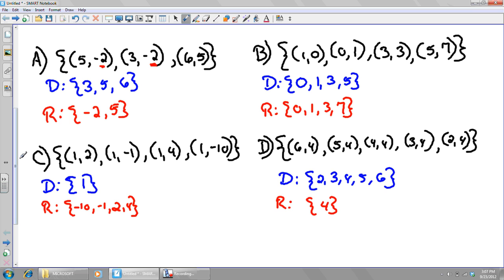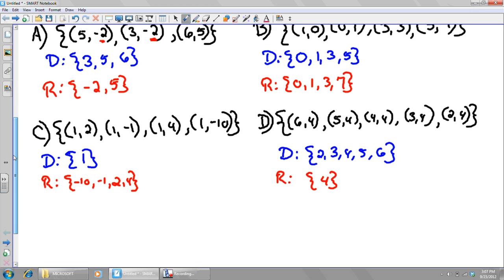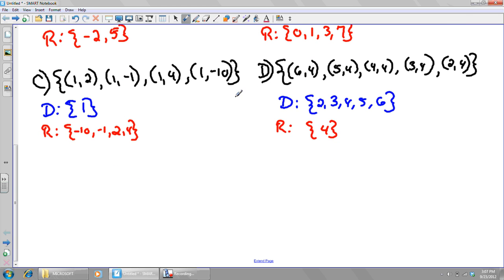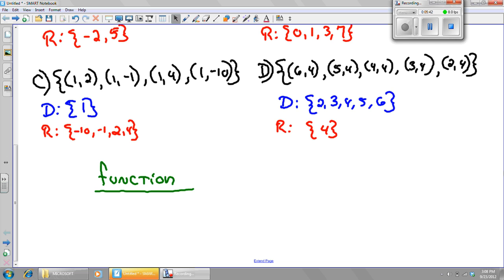Okay, now it's important to tell if a relation is something we call a function. And you might ask, what is a function? Well, I'm going to tell you. A function is a relation, okay? But it's a very special relation. Remember, A, B, C, and D up above were all relations. But it's a relation where